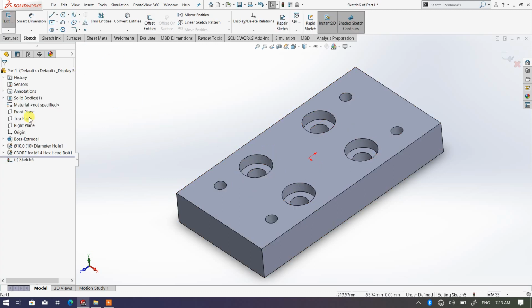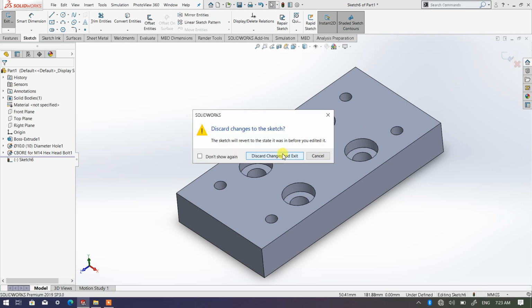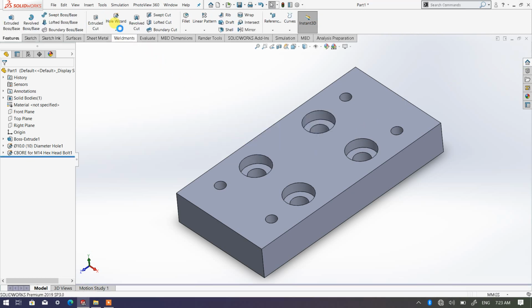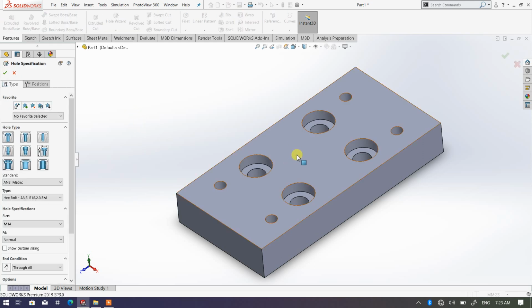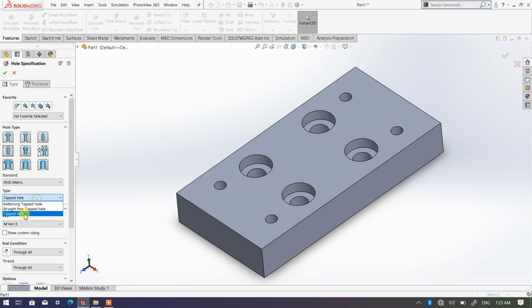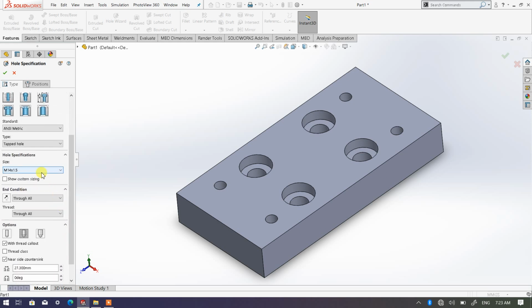Sorry, extrude cut. Hole wizard. Okay, hole wizard, sorry. Hole wizard, and then we pick this surface. Sorry, before we position, we need to choose type first. Let's say this time I'm going to make straight tap, ANSI, and I'm going to make sure it's tapped hole. Okay, tapped hole means the hole with thread, and then I'm going to make it, let's say, okay, I think